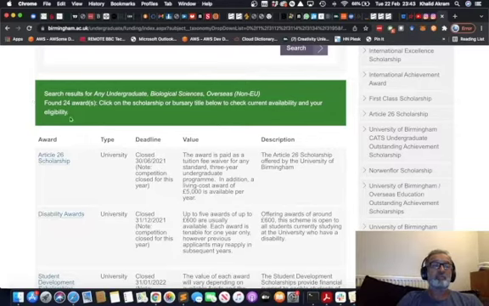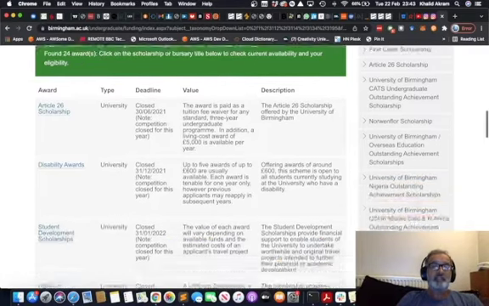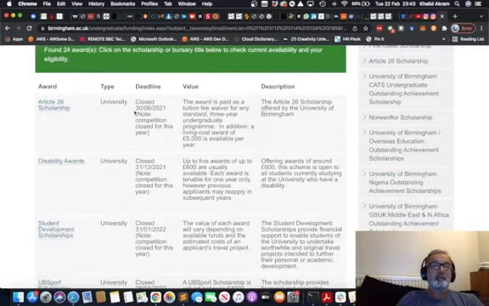So in this search, we have 24 awards available that you can apply for. So just scanning these really quickly, on the deadline, some of these say they're closed. So some of them closed last year. And presumably with these, you need to search regularly, like maybe once a month or once every 6 weeks or so, because new scholarships are